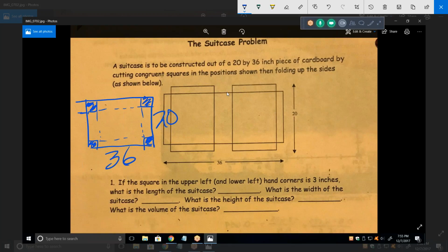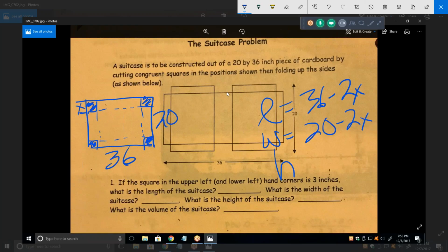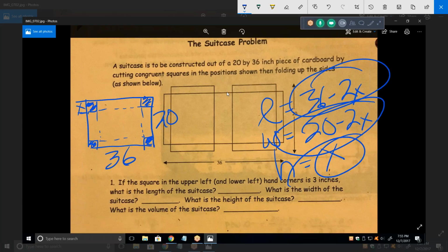It's not hard because we start out by calling them x. So your length of the box is 36 minus 2x. Your width of the box is 20 minus 2x. And your height of the box is x, right? Right, yeah. Well, here I know the volume is that times that times that. Everything's in x. So I can solve for what x makes the maximum volume as a calculus problem. But in this fakakta problem they're giving you here, a suitcase instead of a box,